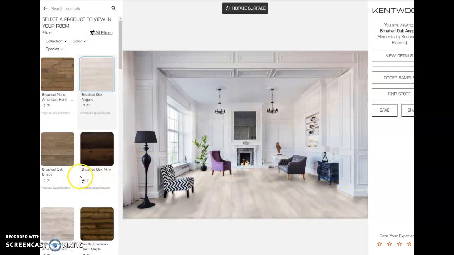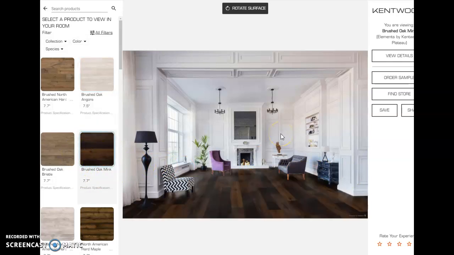Or let's say you really like a darker one. Say you like this brushed oak mink. And it's just an awesome way for you to start your shopping experience ahead of time and try to get a feel for what your space is going to look like. So what you can do